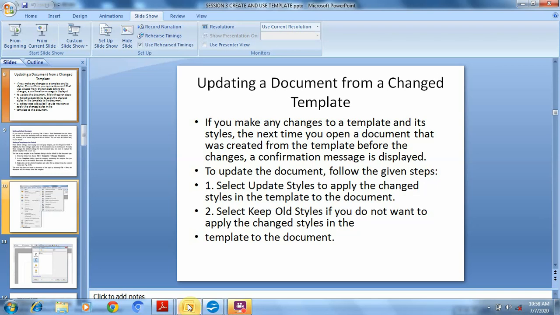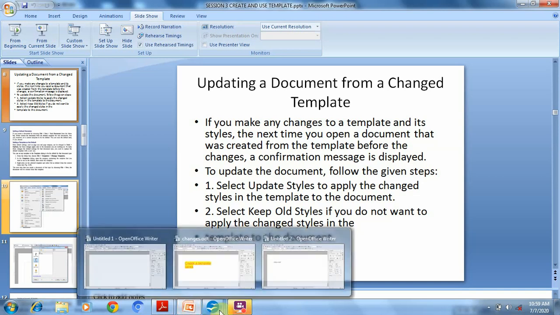Means if I create a document by using a particular template and then save and close our document, then next time when I make some changes in the template that we used in our document, when I open our document, some message will appear: Do you want to keep the old style template or update the template? Just see in a practical example.